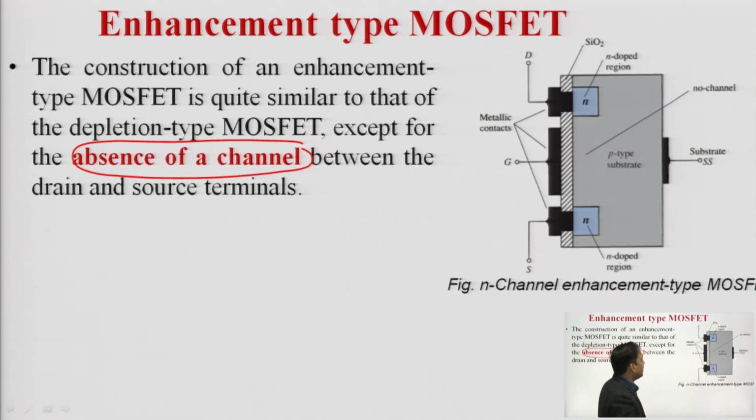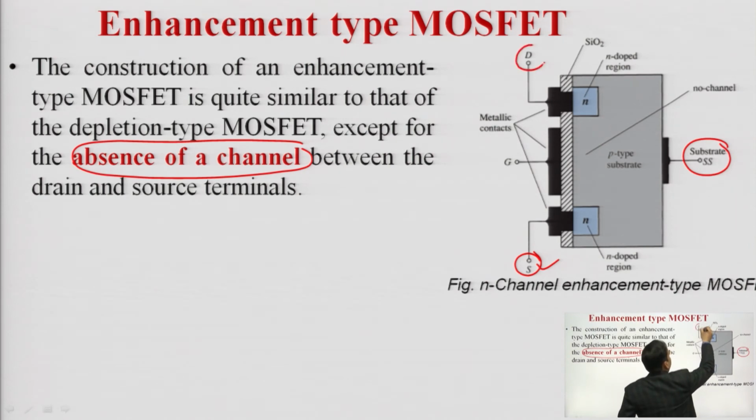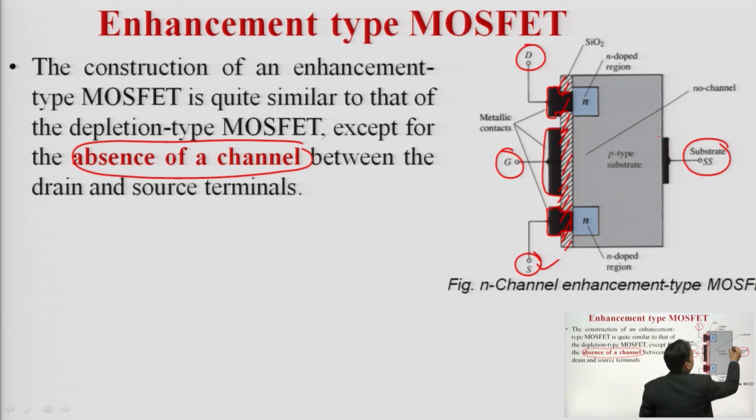We can clearly see from the construction also that we have the substrate, we have the source, we have the substrate or body, we have the drain terminal here, gate, and we have the SiO2 layer which acts as an insulator, and SiO2 is a dielectric also, and with the help of again the metallization process we will be adding these terminals, this one also.